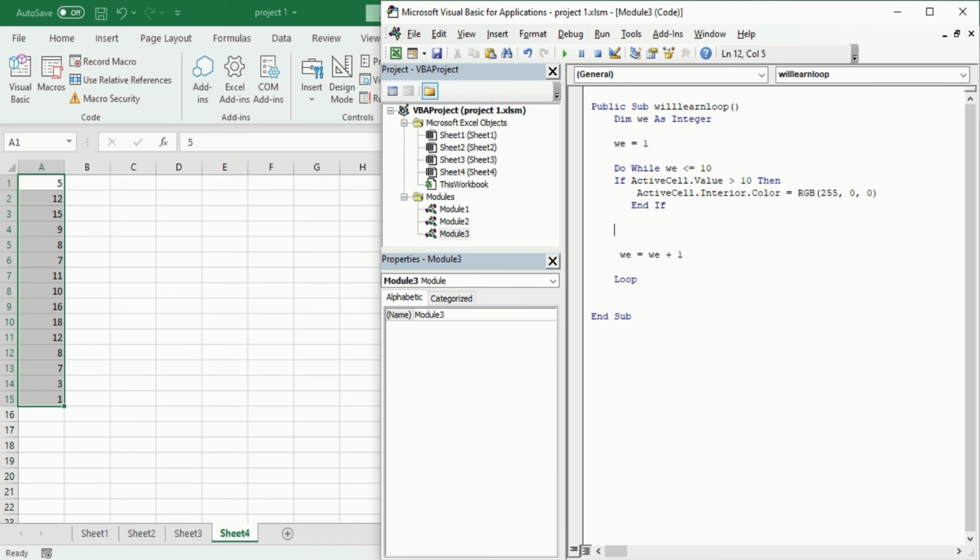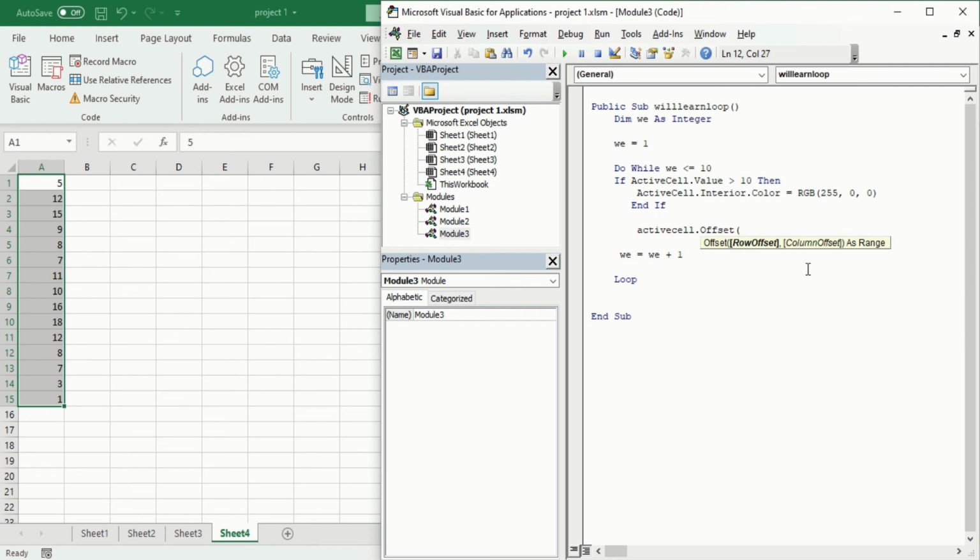Now we will write the code for moving the row one step lower. How do we write it? Just press tab, so it will be a linear hierarchy. ActiveCell.Offset. Offset will change our cell one by one, and we will create a bracket for now.